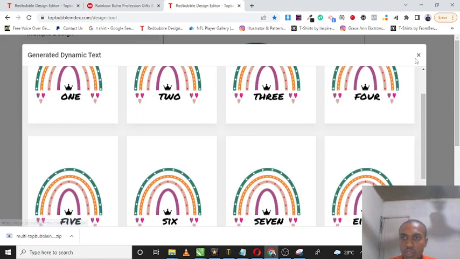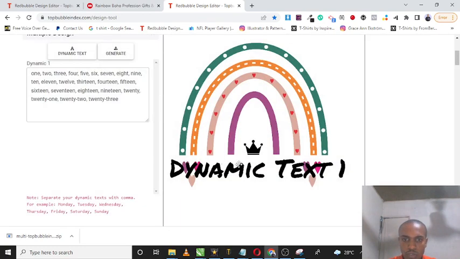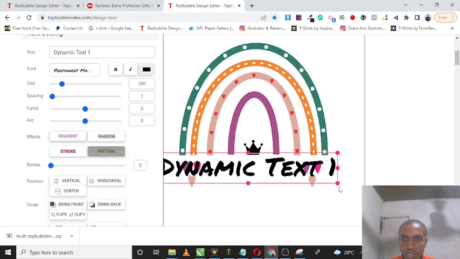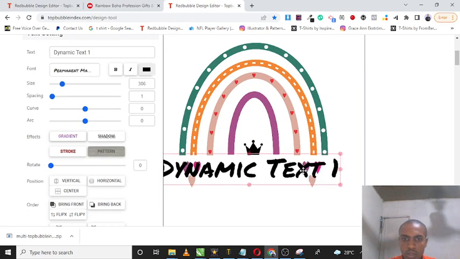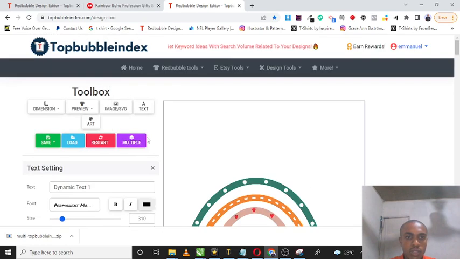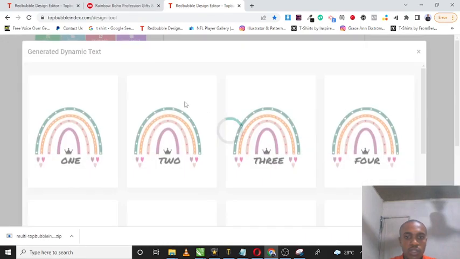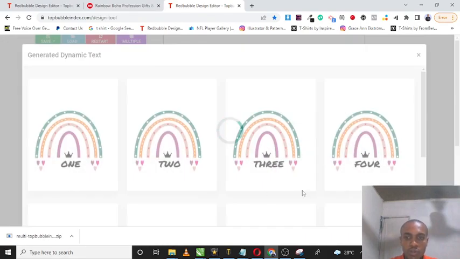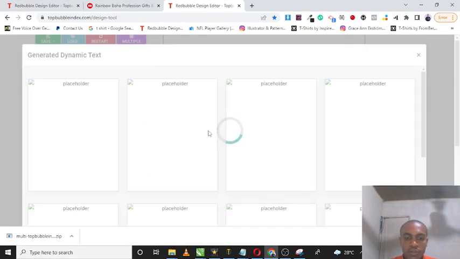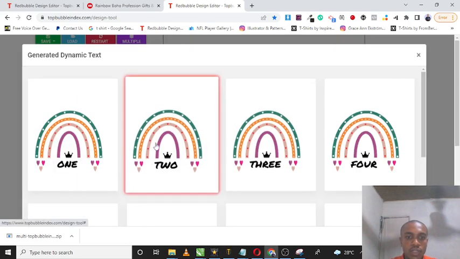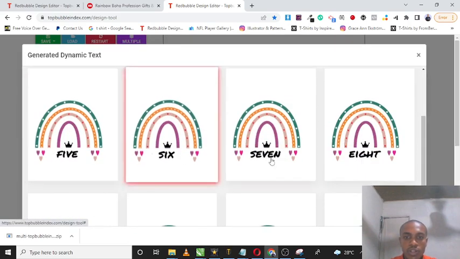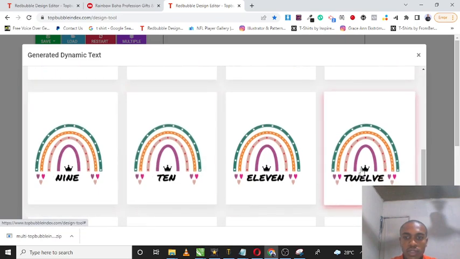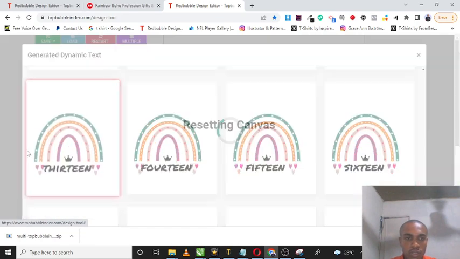So what I'm going to do right now is shift this to the left a bit and make it a bit bigger. Yeah, I think this should be okay. I'm going to come over here to multiple again and click on generate. This time I believe it should fit properly. So going ahead to create our designs. Yeah, this is okay. 1 2 3 4 5 6 7 8 9 10 11 12 13,